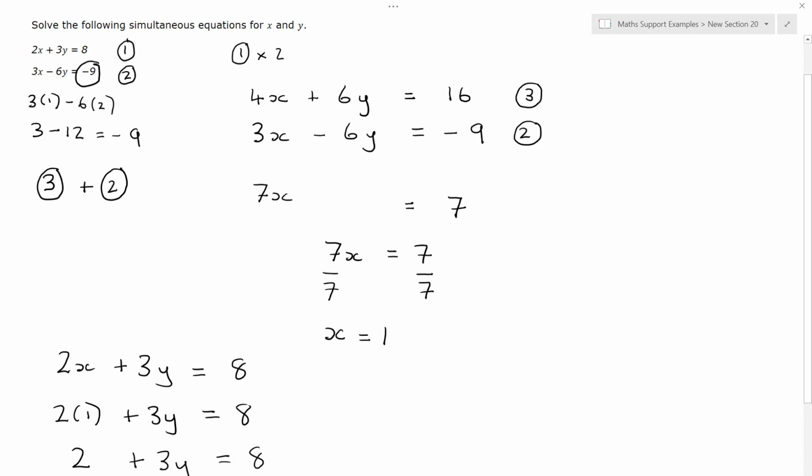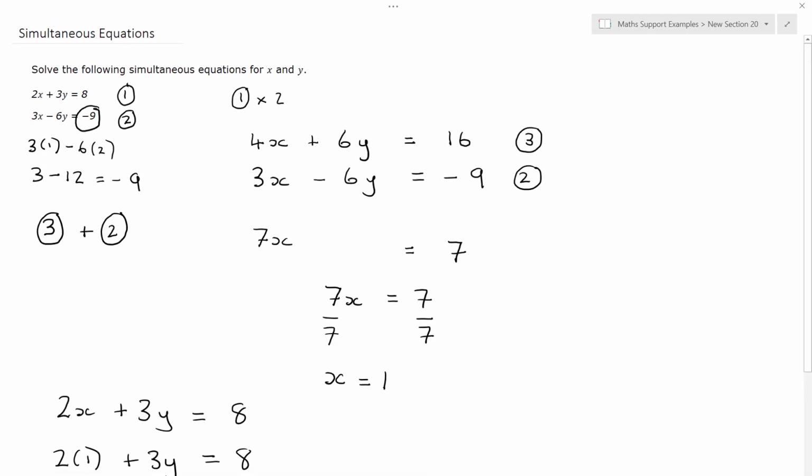So we can be confident now that we've got the correct answer. The solution to these two equations is x is 1 and y is 2, sometimes written as a coordinate 1,